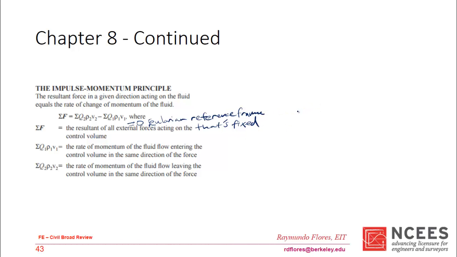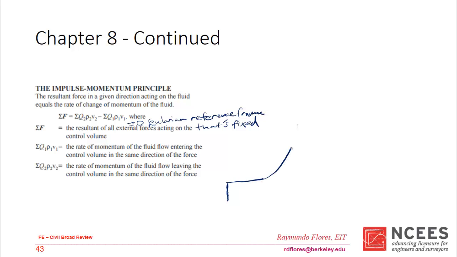Then we can isolate it. We call this V1, V2, V3. Based on the impulse momentum principle, the sum of the force in the x is going to be equal to